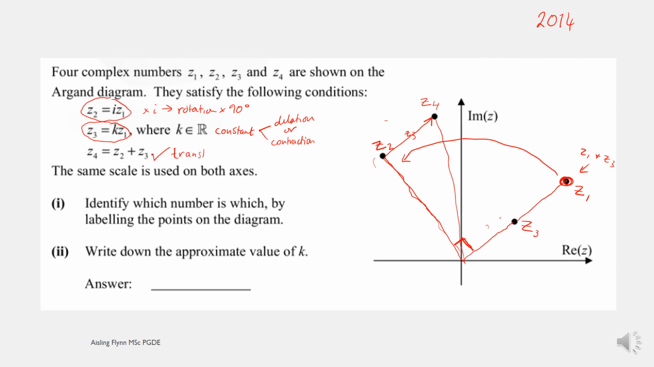That's called a translation, where you add, isn't it? The arrows go end to end and you follow the arrows. So I think I've done question 1 correctly. Now write down the approximate value of k. We said z3 is shorter than z1, so k was less than 1. I'd say it's about a half. The word approximate is used, so if you're slightly